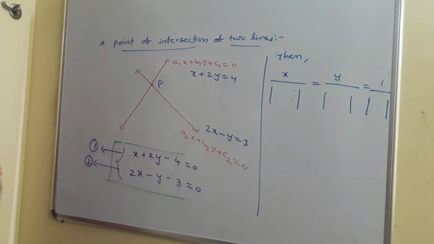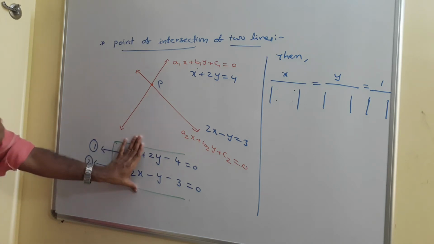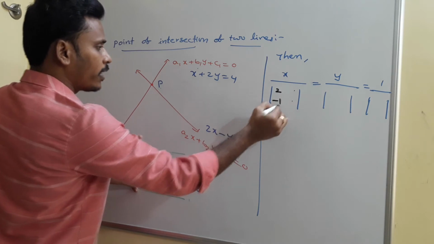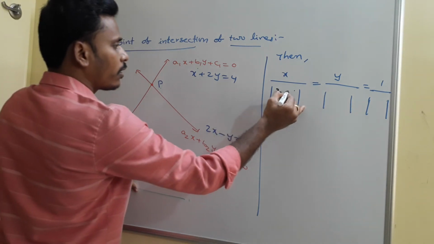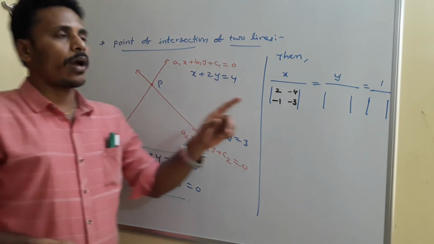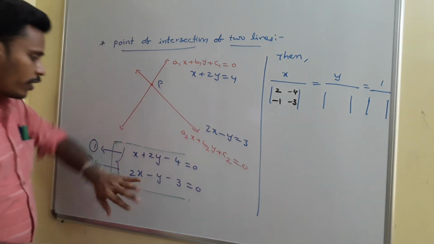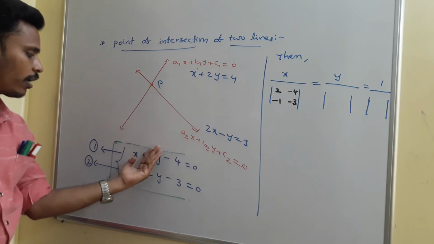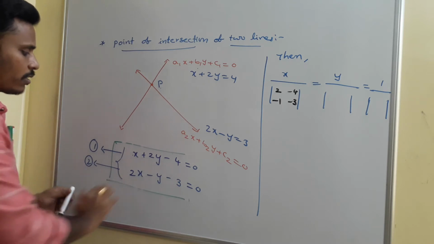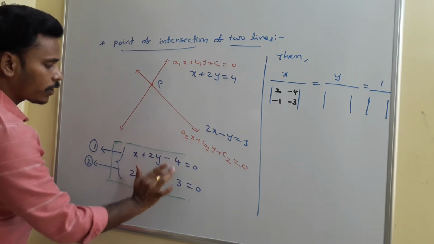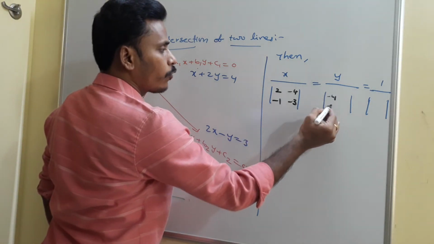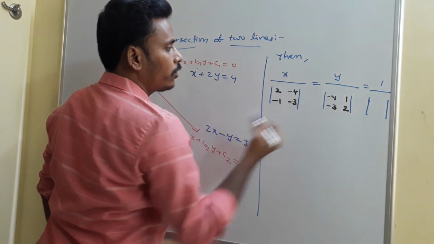Those 4 numbers are nothing but, you close this x. If you close this x, just concentrate on the y terms, which is 2, minus 1, and then the constant terms, that is minus 4, minus 3. So x by is over. Then coming to y by, for that you just close the y terms. See, there are no y terms. Just leave the y terms, and then concentrate on the constants along with x. Since this is not there, it is minus 4, minus 3, and here it is 1 comma 2. So y by minus 4, minus 3, 1 and 2.